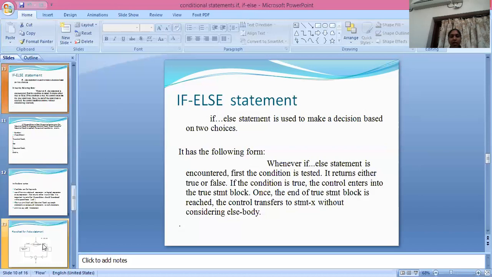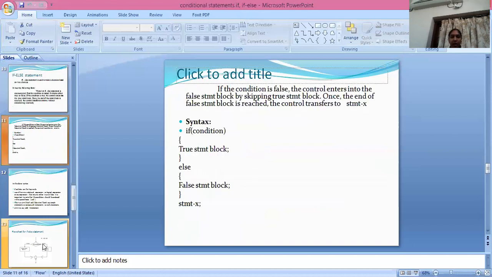Once the end of the true statement block is reached, the control is transferred to statement X without considering the else body. If the condition is false, the control enters into the false statement block by skipping the true statement block. Once the end of the false statement block is reached, the control is transferred to statement X.